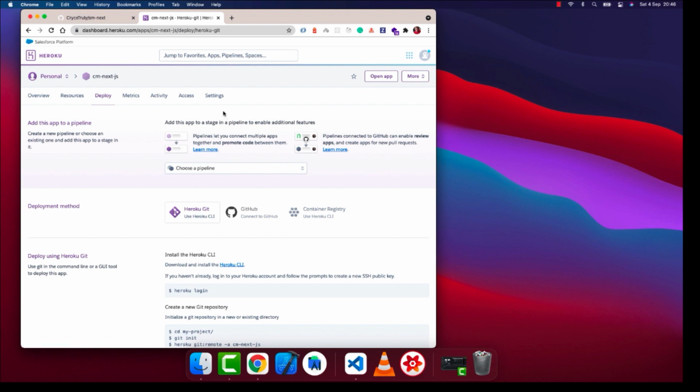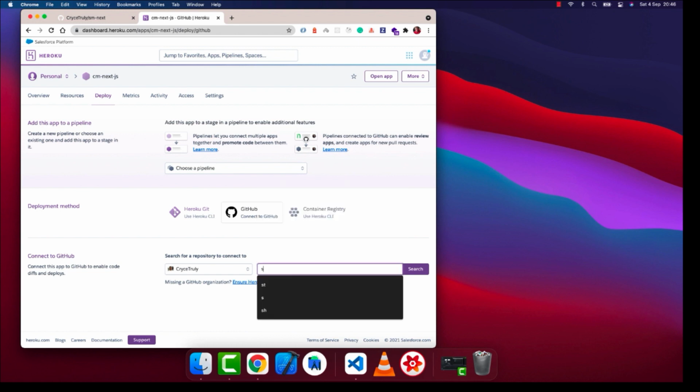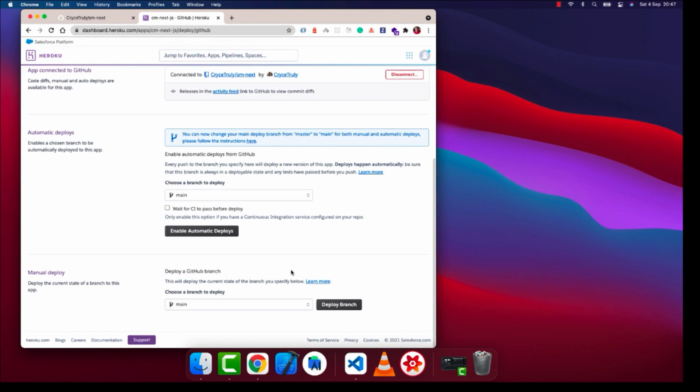Once it comes up, what we want to do is click GitHub in the deploy section. Then we want to connect it to GitHub. If you haven't connected your GitHub account, it's going to give you a button to connect. Then you can authorize Heroku to access your account. Once that's done, you want to connect your repo. So I'm going to type SM, sure enough it comes up. So this is it. I'll click connect,